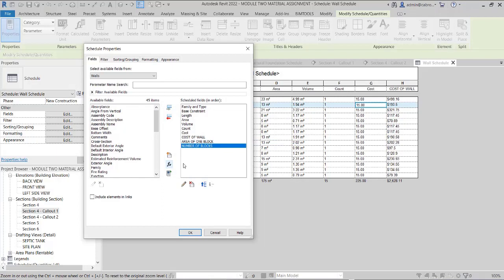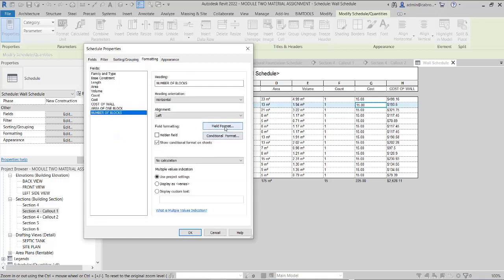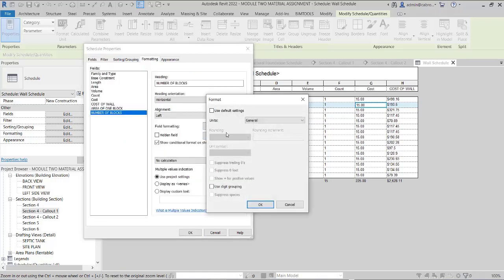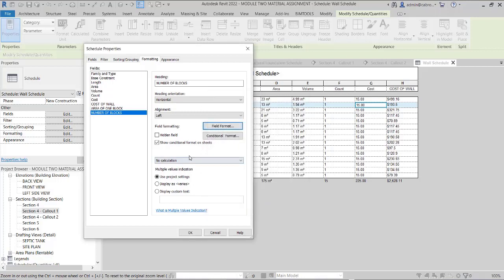We say okay, and because it was an area over an area, we had no issue of dividing, because it understands that way. So we have number of blocks. The field format, check this out. The units is general. We come in, we say okay, then you say calculate total for us. So calculate total, and then we are on track. Now when we say okay,